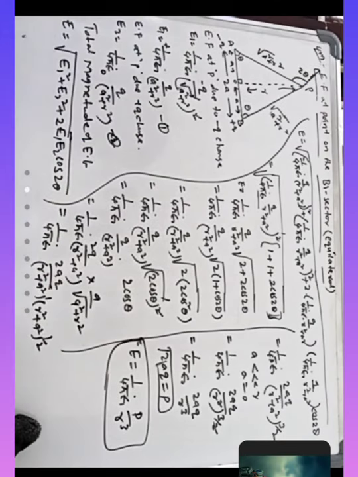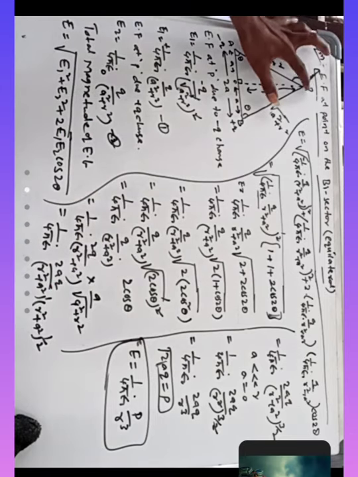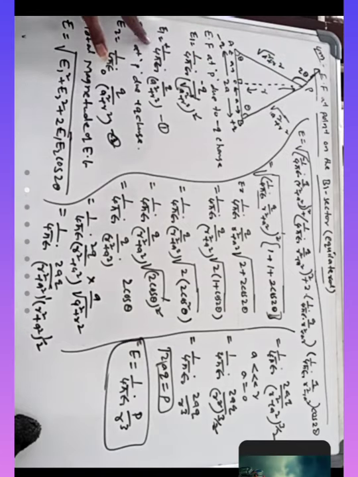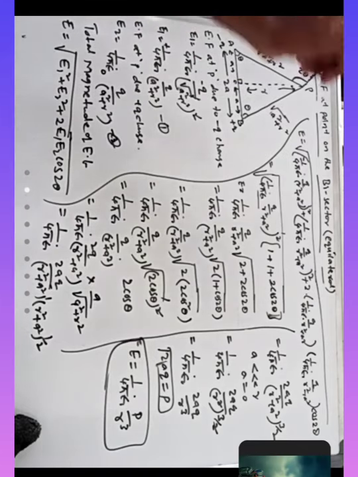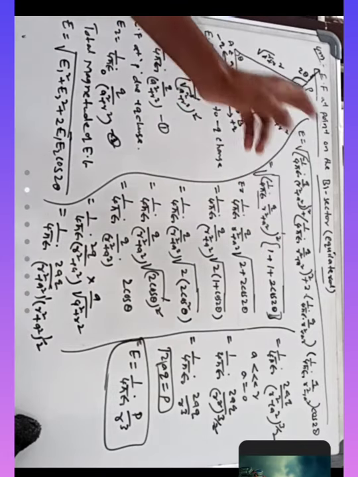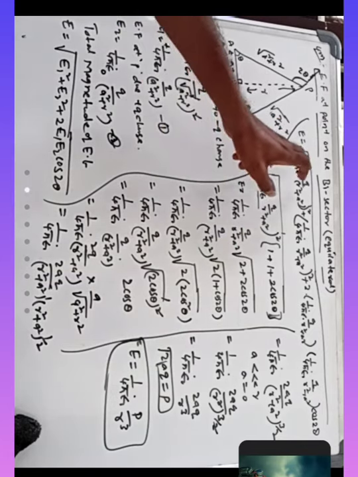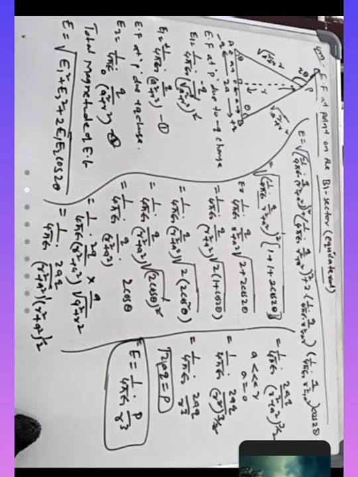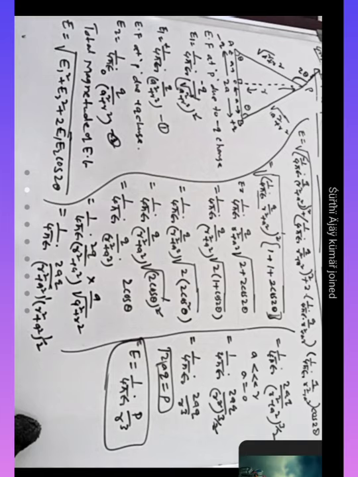This is the electrical field or electrical intensity at a point on the bisector line. So this is E1 and E2. Here there is minus also. When we take the magnitude, we have to take the positive only. That's why here whole square is positive. Here also we have to take the positive only. So magnitude is always positive, we have to take it.